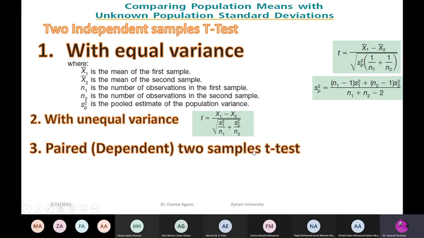Fine. So the paired dependent two-sample test is completely different because we have only one group and we get the mean of the difference between the two data for the same group, right? And the standard deviation of the difference also, where the square root of the sample size, because they have the same group, so it is only one sample size. Okay, so